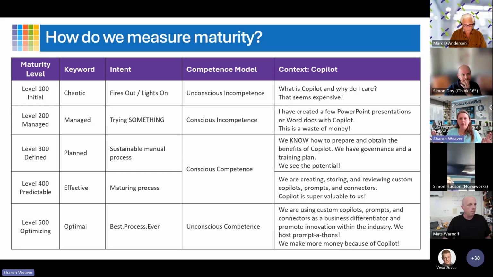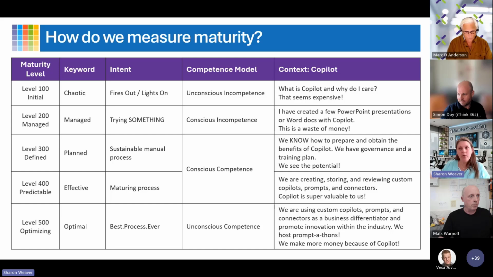I don't think you're going to embrace it. I don't think you're going to enjoy it. I think you're going to spend all this money. You're going to not be happy. And then we're all going to be talking about why. Instead, how about we talk about where you're at and how to get there so you can be ready? So I think Copilot is this thing that will help people understand where they're at and level them up. And if not, no big deal. Bless and release, right? They can go live their best lives. But what I'm looking for is places that are at that 300 or above level because they see the value in Copilot and they're ready to embrace it and bring that into their organizations.